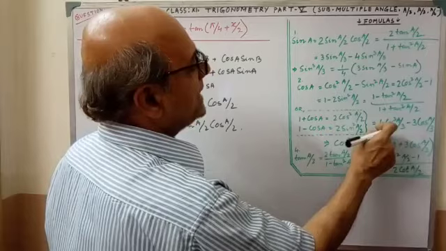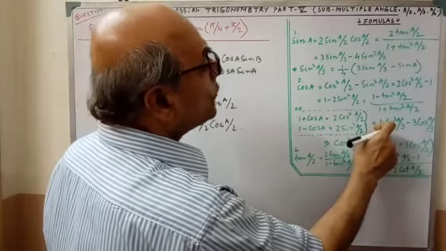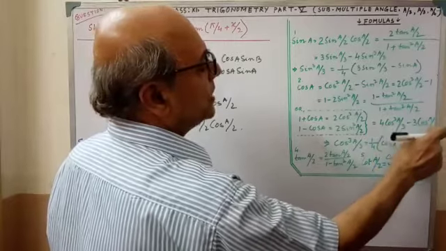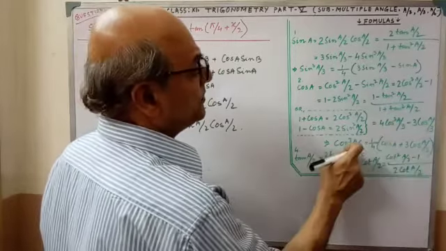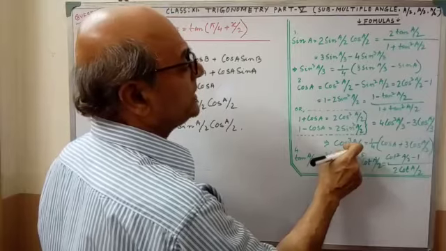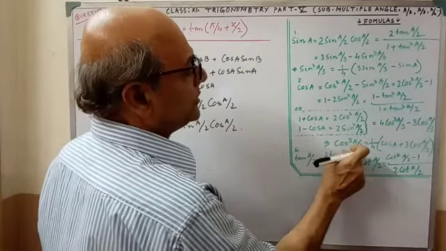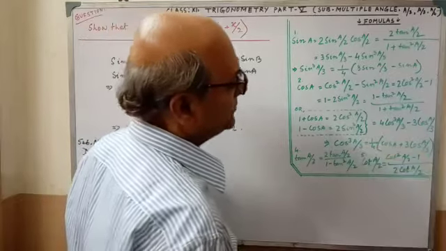And there is another form of cos A, that is 4 cos cube A by 3 minus 3 cos A by 3. All the forms you have to remember. This form we are getting simply by transposition, that is cos cube A by 3 equals 1 by 4 (cos A plus 3 cos A by 3).